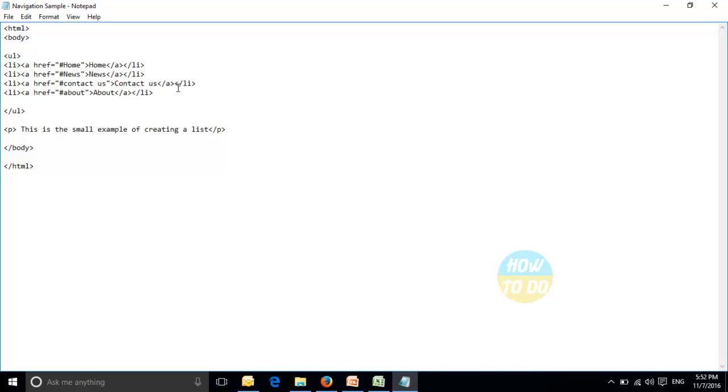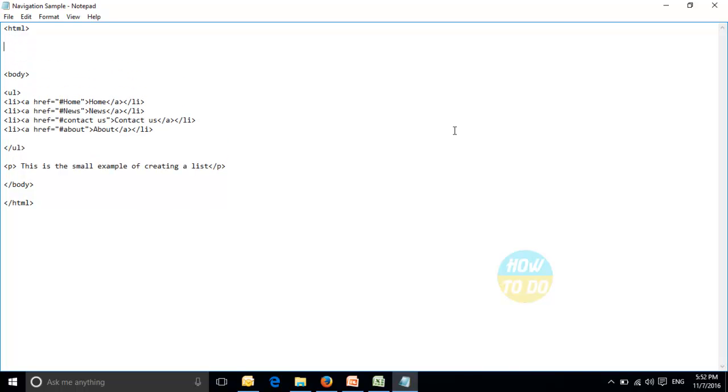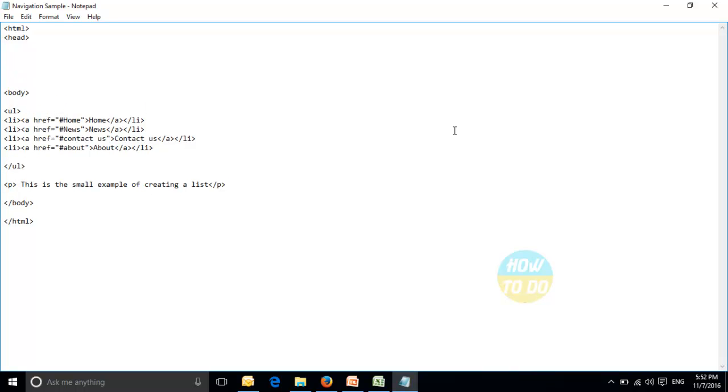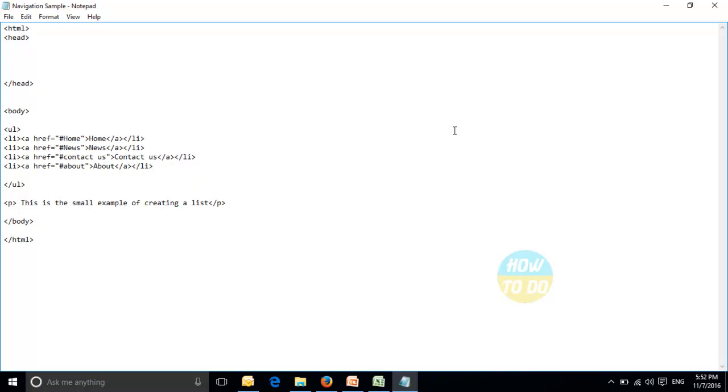First of all, if you want to change the formatting, you will have to write some code over here, and we will have to apply some styles. In order to write the styles, we would require the head. I'm closing the head segment. In this head, I'm opening a style tag,